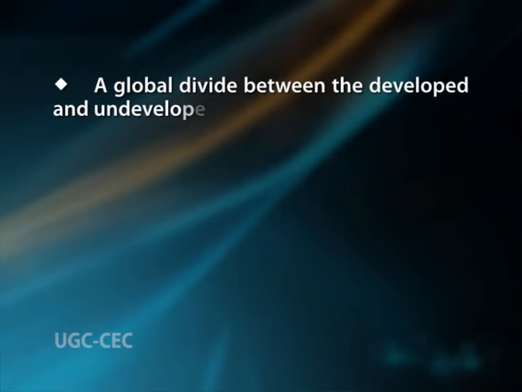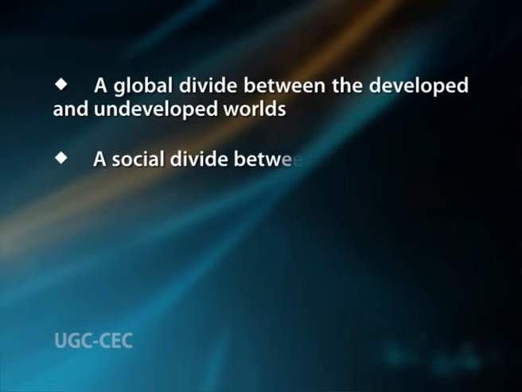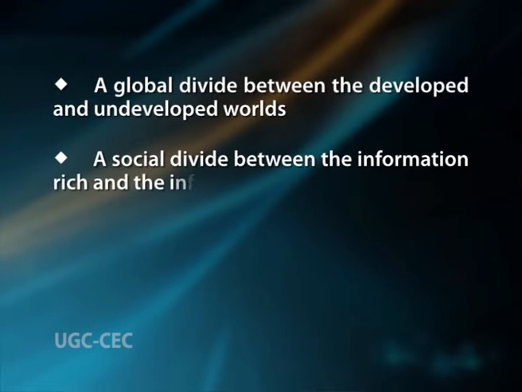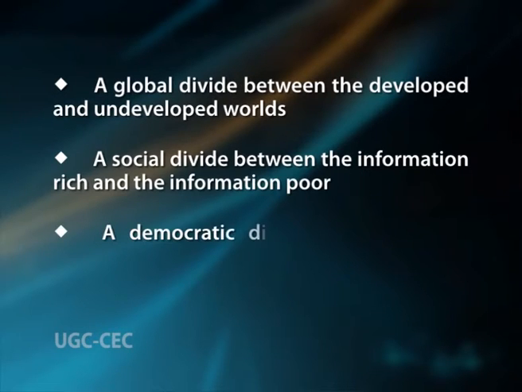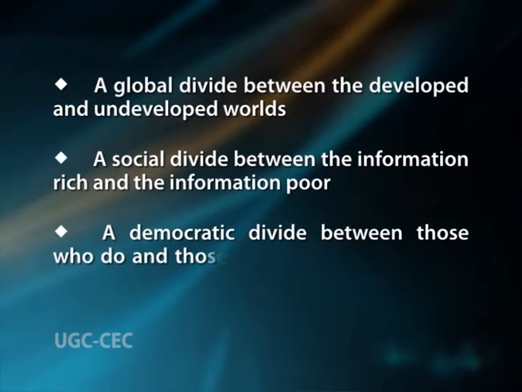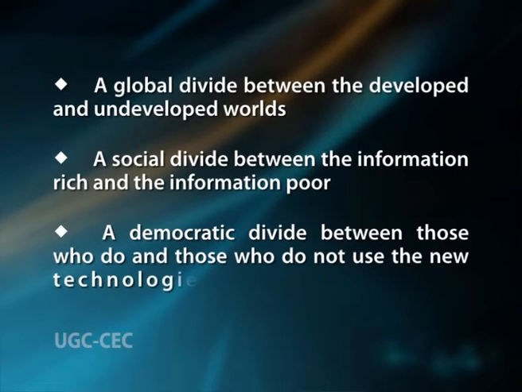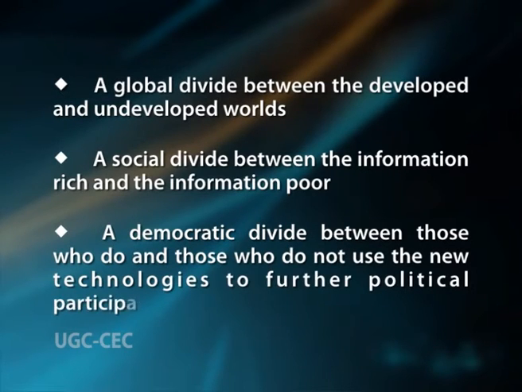The three major divides explained by Norris in 2001, by Mark in 2003 and Branco in 2005 are a global divide between the developed and undeveloped worlds, a social divide between the information rich and the information poor, a democratic divide between those who do and those who do not use the new technologies to further political